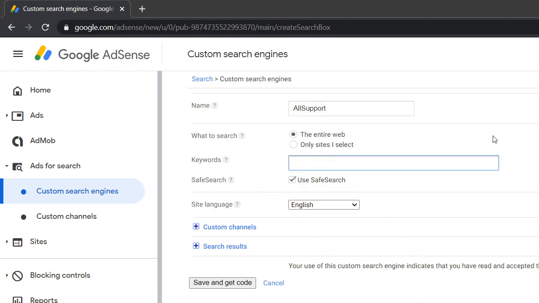Here the keywords I will use are general keywords which should show up results for a particular thing. So I will put in some keywords like customer care number, support number, support email, or address. I will add these things.